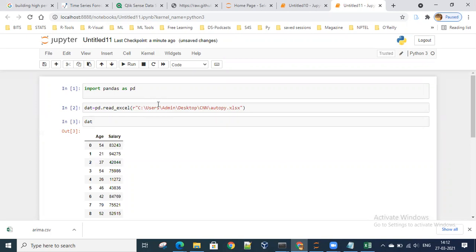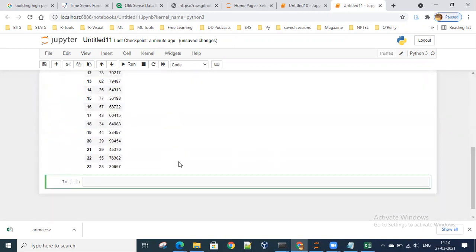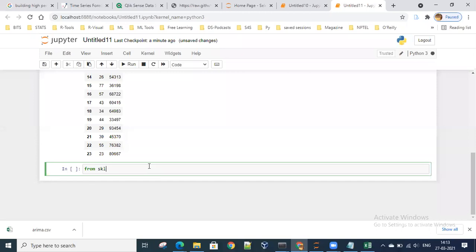Now, what we'll do, I'll construct a simple model out of it. I'll say from sklearn.linear_model import LinearRegression.